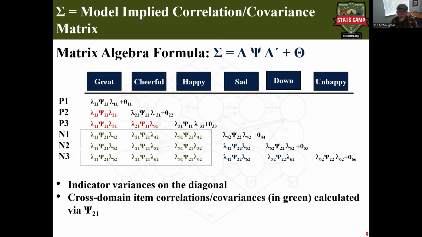Now here, I have the matrix algebra formulation of that. So we have the matrix sigma, which is equal to the matrix lambda, which is going to be the 6 loadings, the 3 on positive affect and the 3 on negative affect. Psi, which is going to be the two variances and the covariance between positive and negative affect. And then we have the transpose of lambda, so we can get the cross multiplication going on between the indicators on the positive affect side and the indicators on the negative affect side. And then we add into that, onto the diagonal matrix, the unexplained variance in each of those indicators,